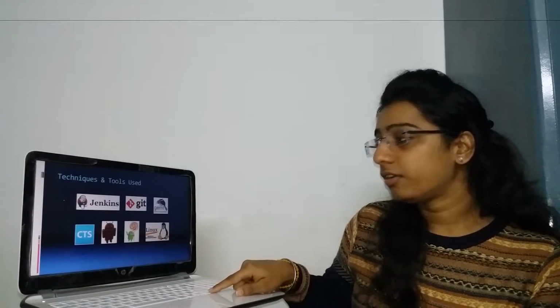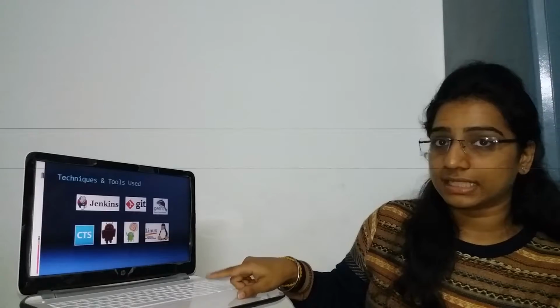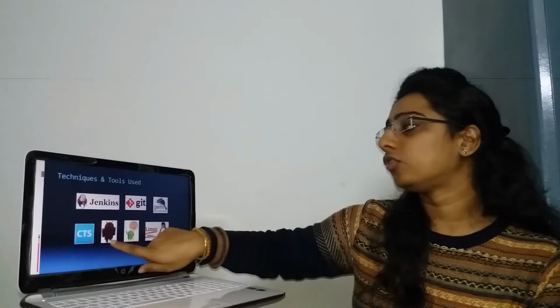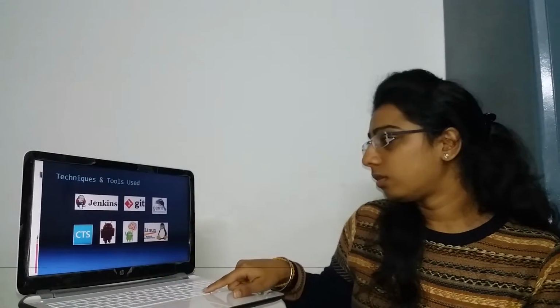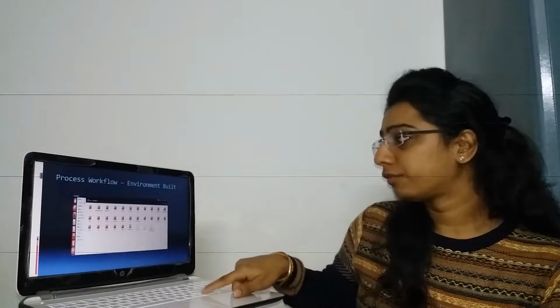I have used tools in this like Jenkins for continuous integration automation, and the techniques I have used are shell scripting and the Android CTS. I have been working on Android Lollipop and KitKat both, so these are the tools I have used. Process workflow,